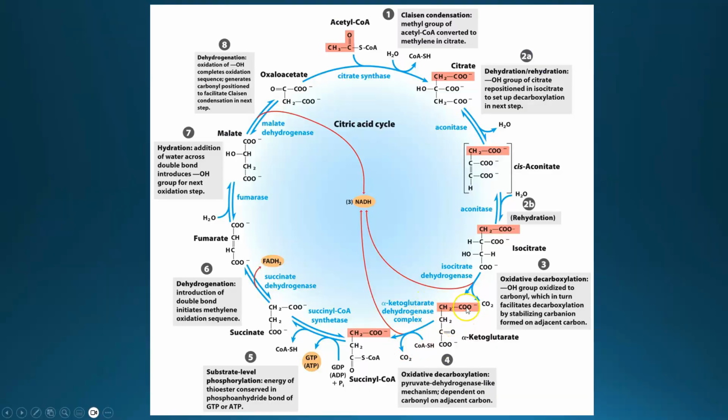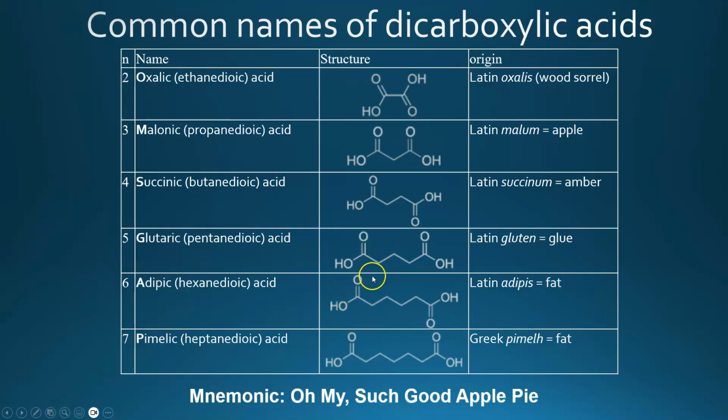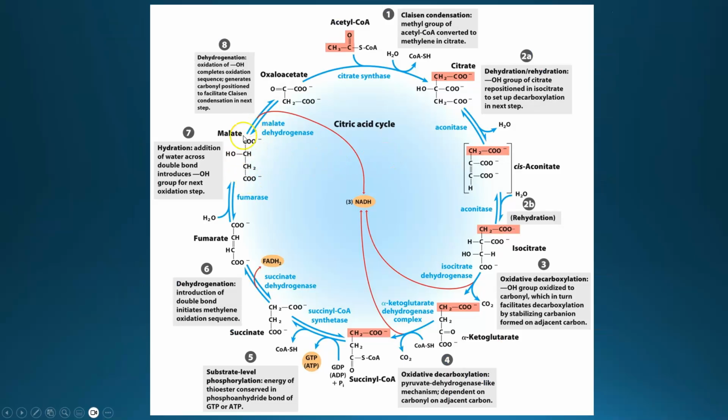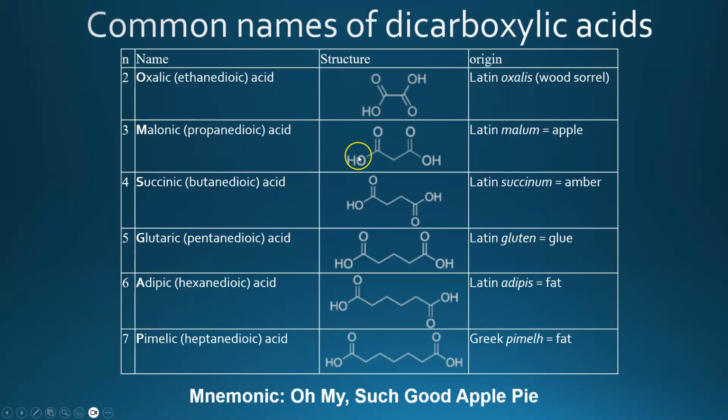Well, alpha-ketoglutarate is, in fact, that 5-carbon carboxylic acid with 1 extra carbonyl group. In the IUPAC, if that carbonyl group were on carbon 2, you would call it 2-oxo-pentane dioic acid. We can also call that alpha, because this is the alpha carbon, alpha-ketoglutarate. So the 2-carbon is oxalic acid or oxalate. The 3-carbon is malonate, which is not the same as malate. Malate is this molecule. Malonate is the 3-carbon dicarboxylic acid.